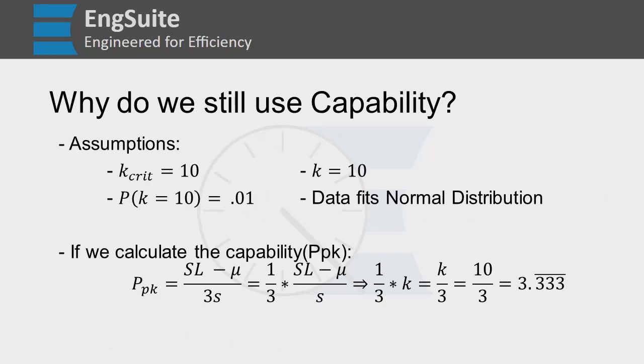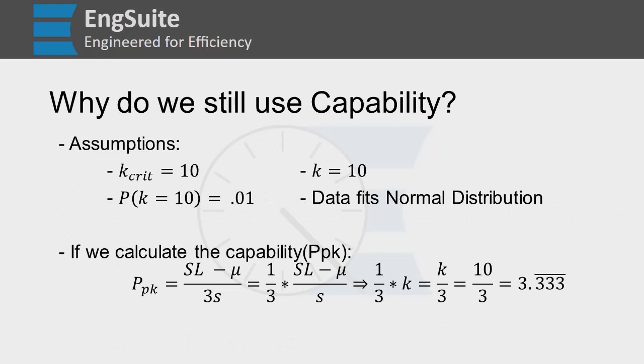So here's just a restatement of our assumptions. Our critical value is 10. Our K is 10. Our probability using Chebyshev's inequality, our maximum probability is 0.01. Now we're going to assume that our data fits the normal distribution, and we're also going to calculate the